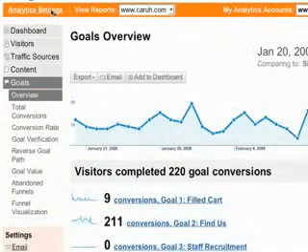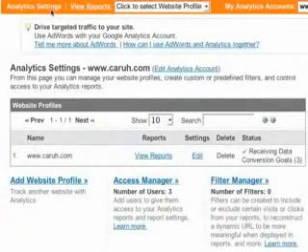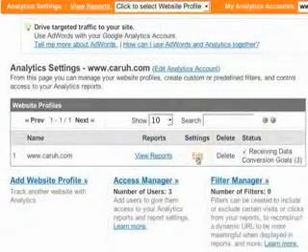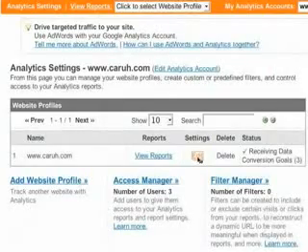To define your goals, just go to the Analytics Settings page. If you don't see this edit link next to the profile for which you want to configure goals, it means that you don't have administrator privileges, and you'll need to work with an administrator in order to configure goals. Assuming you are an administrator, you can click Edit next to the profile for which you're going to establish goals,